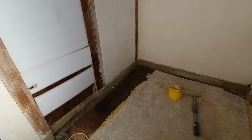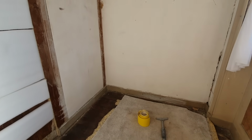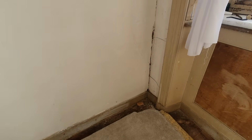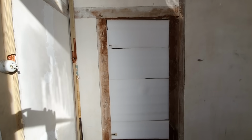sand the skirting boards and the bottom half of these walls. Got my long handled scraper out to make the job easier. Start filling the cracks over here and the major holes. And here is the secret door that goes into the bed area, the alcove where